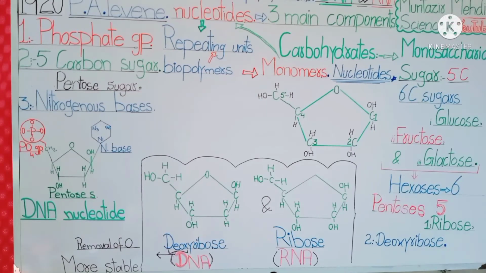So it has been shown that ribose sugar contains a hydroxyl group right here at carbon number 2, which is different from deoxyribose sugar, which contains hydrogen at carbon number 2. It is the major difference between the two sugars. You can also remember this by DNA starting with D, so the sugar is deoxyribose, and RNA starting with R, so the sugar is ribose.